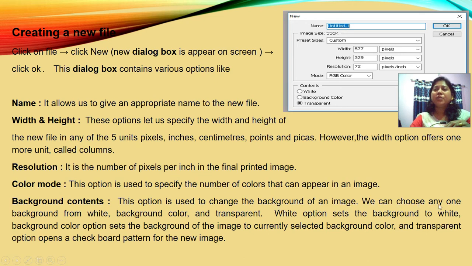We can choose any one background from white, background color and transparent option. White option sets the background to white only, and background color option sets the background of the image to the currently selected background color. And the last one, transparent option opens a checkerboard pattern for the new image.